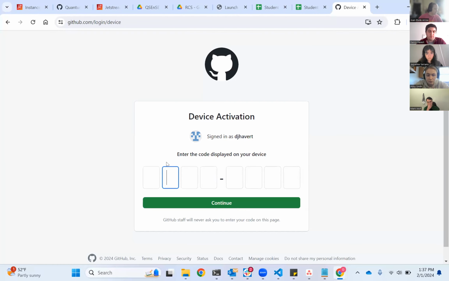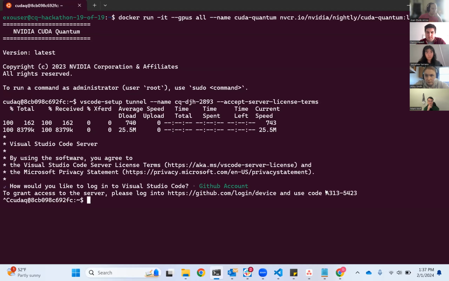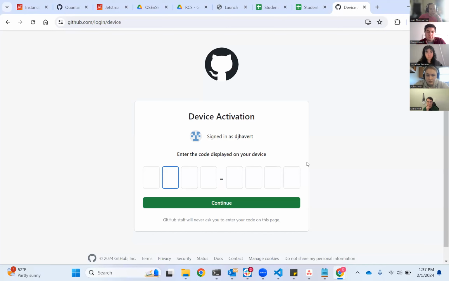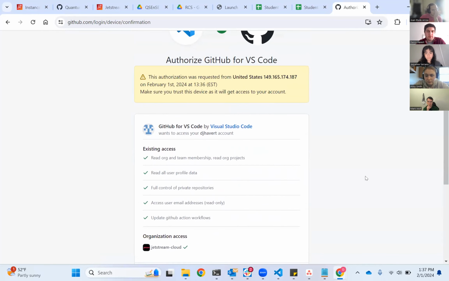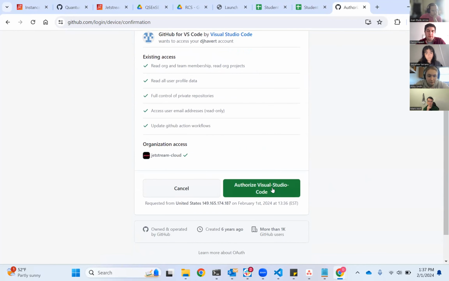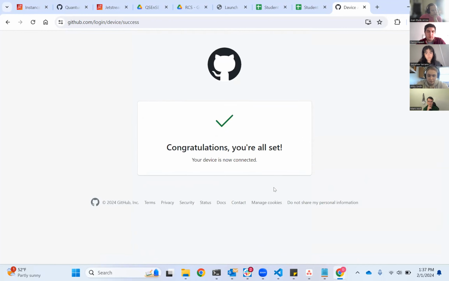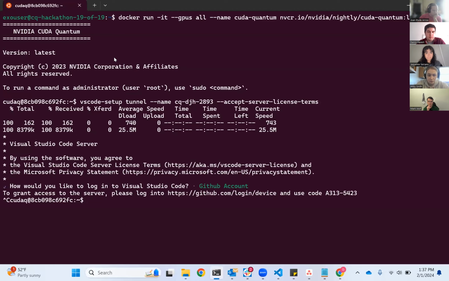and enter it into here. Well, I was hoping copy paste would work here. There it goes. And then it'll ask, do you trust this? And we're going to say, yep, authorize Visual Studio Code. And then a little check mark will show up saying, congrats, you're all set. If you go back to your terminal,